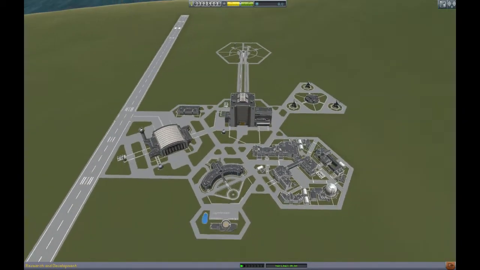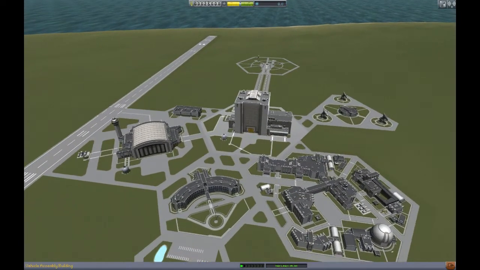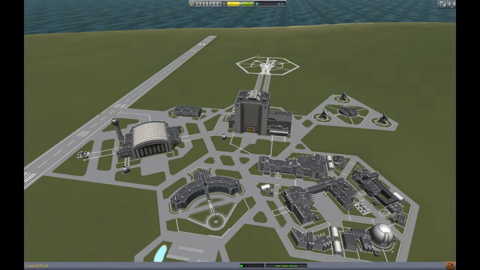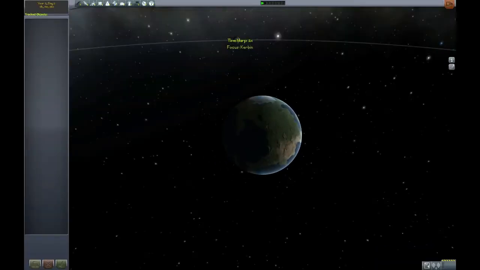This is my space center. In the middle you can see this big building here. That's the vehicle assembly building, the VAB. That's where we build our rockets, which get taken out on that road for launching over there on the launch pad. This is our tracking center, and if we go to the tracking center, this is our home planet,